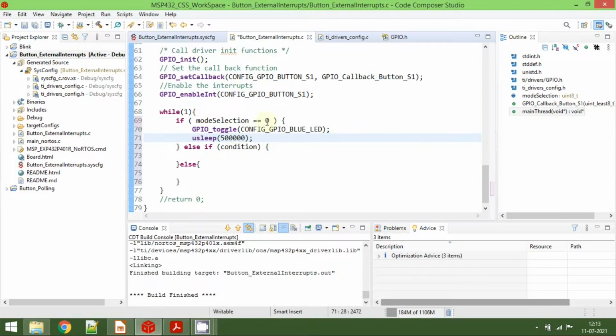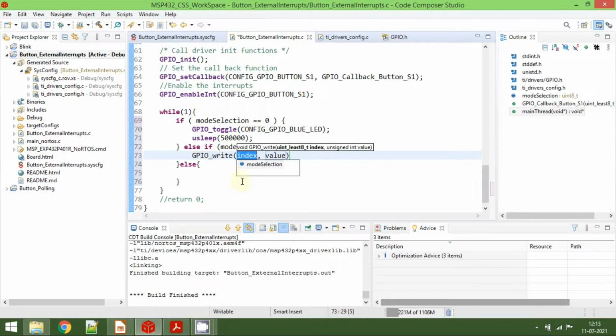Then if the mode selection is 1, then we'll turn off the LED. To turn off the LED, the gpio call is gpio underscore write. The first parameter is the index, that is the pin number, and then the value we are going to pass is 0 to turn off the LED, and again give some delay.